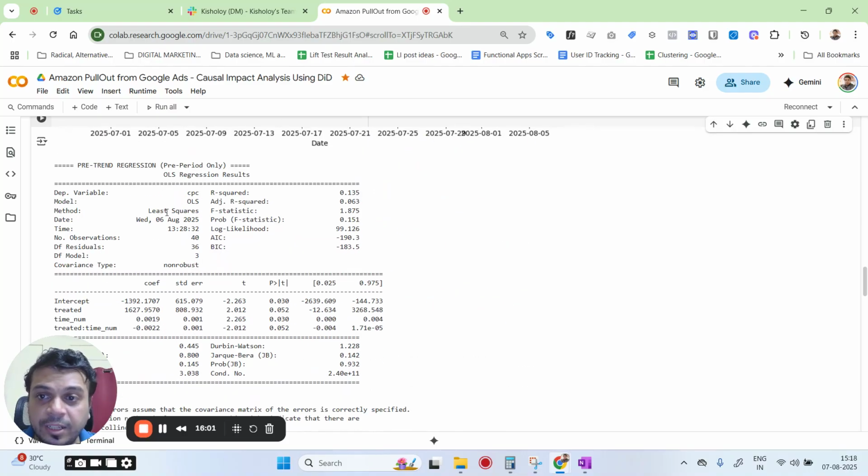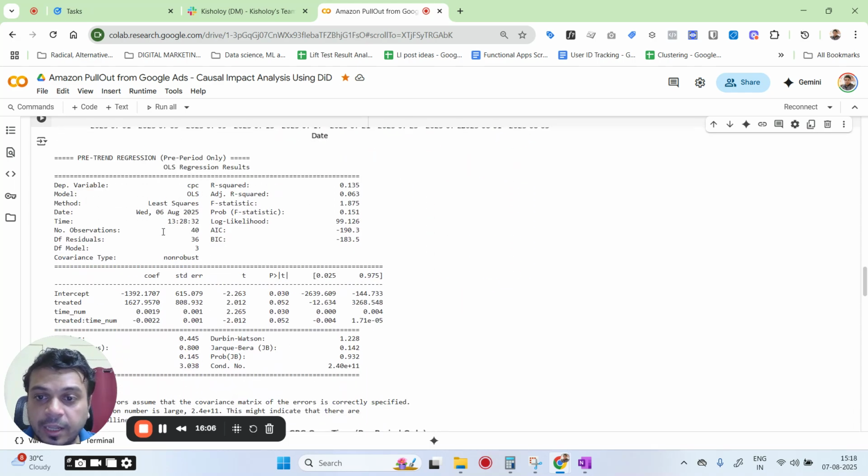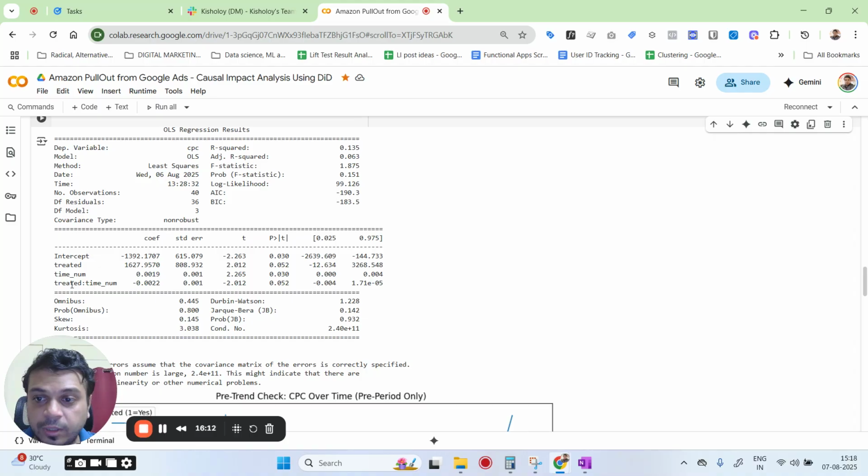And this is the pre-trend regression. This is where we only take into account the pre-period, and just again do a similar sort of analysis and try to see if there's really a difference or not. And you see that this is where we are taking only the treated